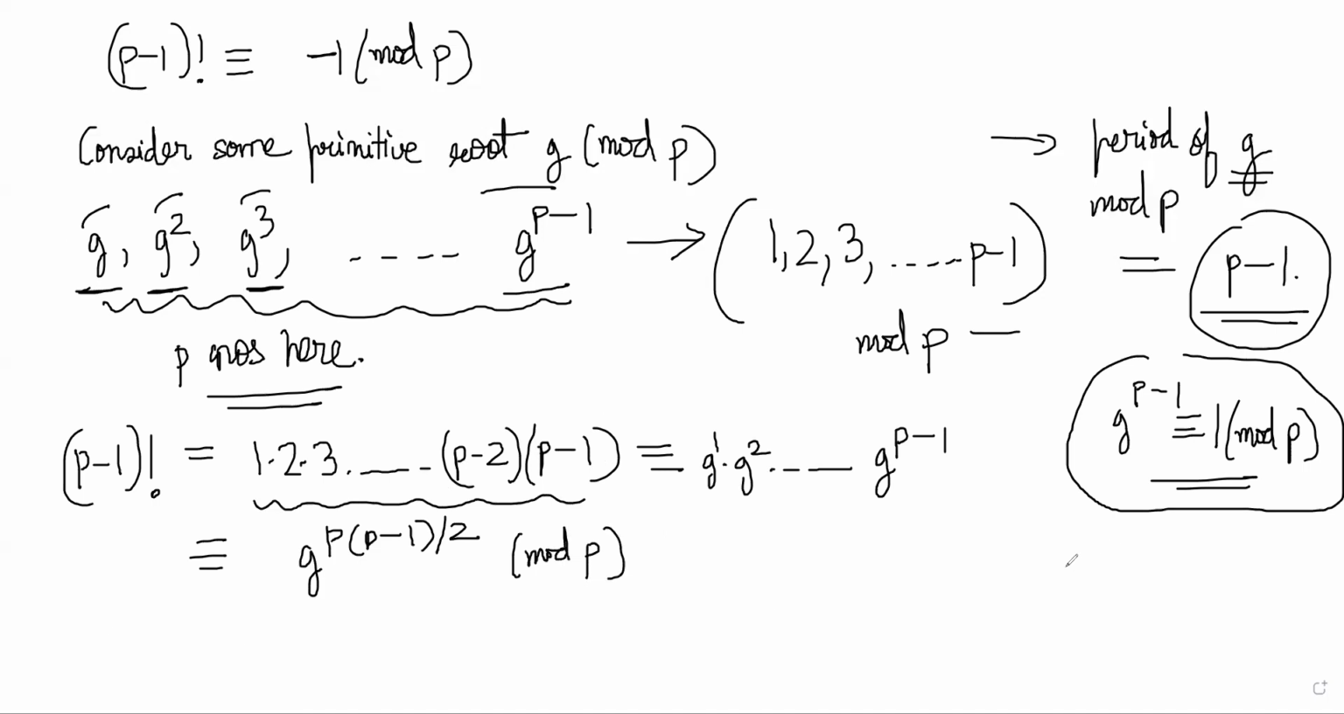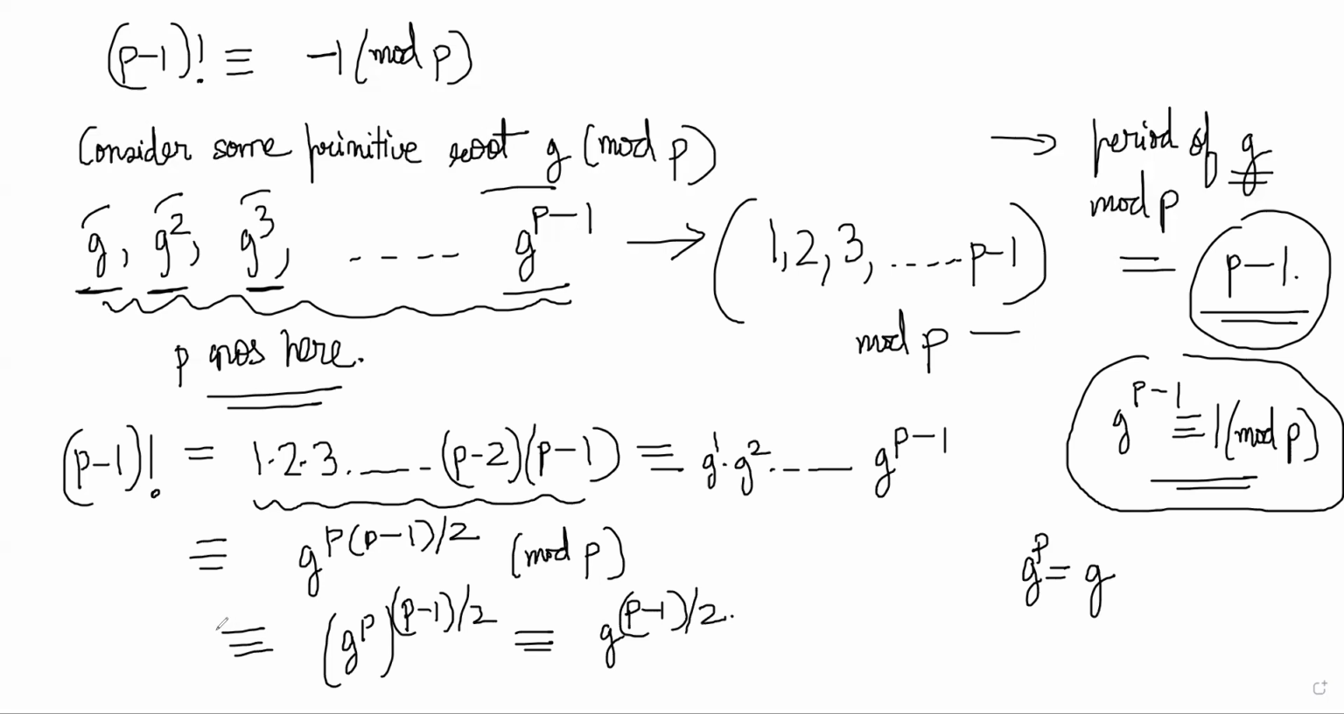But now you have to realize that g power p is the same as g. So basically this becomes g power p whole power p minus 1 by 2. So that is equal to g power p minus 1 by 2, right? So what we have gotten so far is p minus 1 factorial is congruent to g power p minus 1 by 2 mod p,